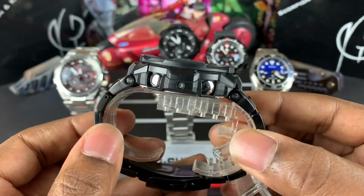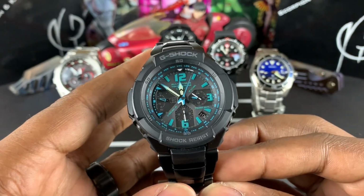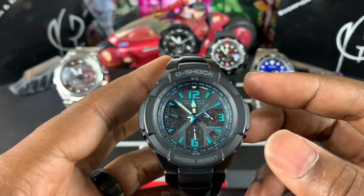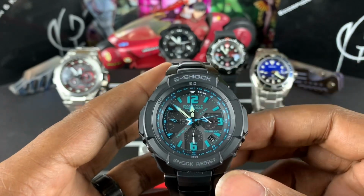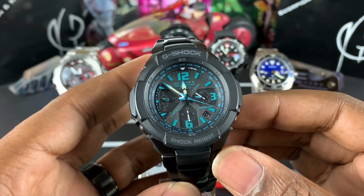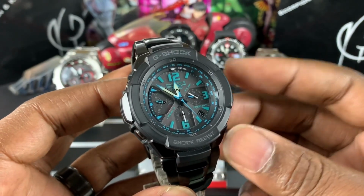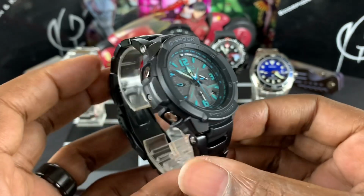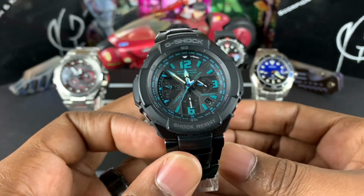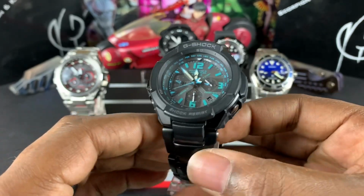Now, every time I try to sell this piece, something stops me. I've put it up for sale before. I had 3 of these. I had the orange banded polished cased version, and then I also had the all black with orange markers version as well. Those went like hotcakes. I thought I'd still have the black with the orange markers left till last, because it's one of the more common ones, but that got snapped up really quick. Then the other version went, the orange band with the polished case, and this guy stayed, and I couldn't understand why. And it never really made it